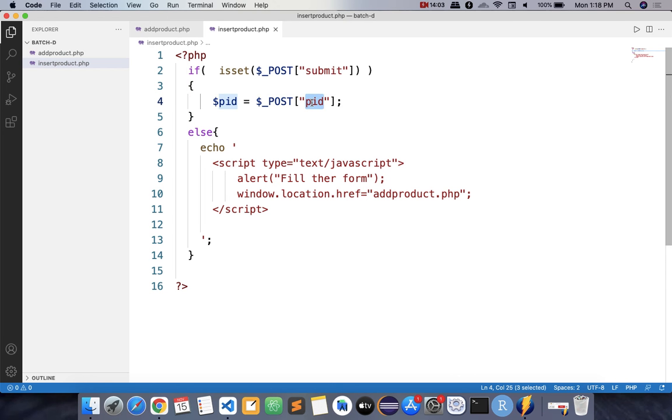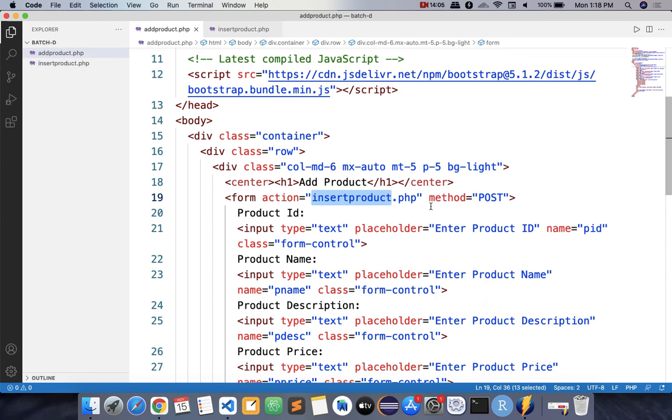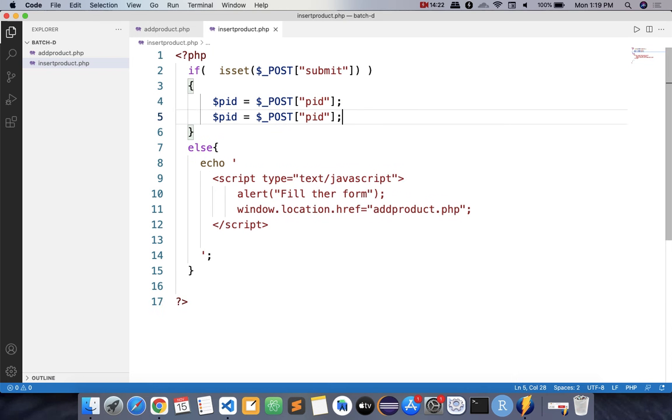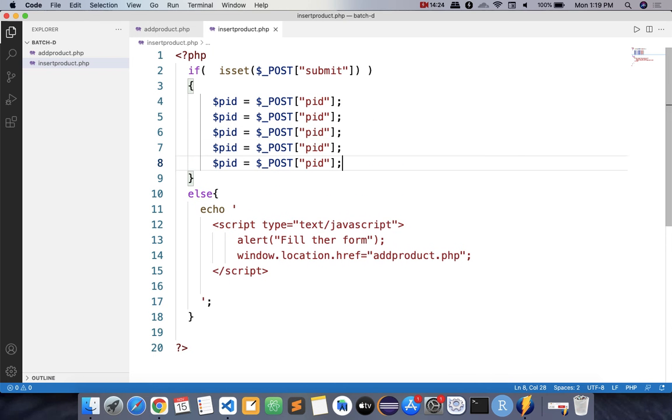This PID which is mentioned in the double quotes is from the form. If you wrote PID123 there, then here in double quotes it is PID123. We copied the value of the form's variable into the PHP variable. $PID is the PHP variable. Done. Same way you have to write 6 times because you are sending 6 values.